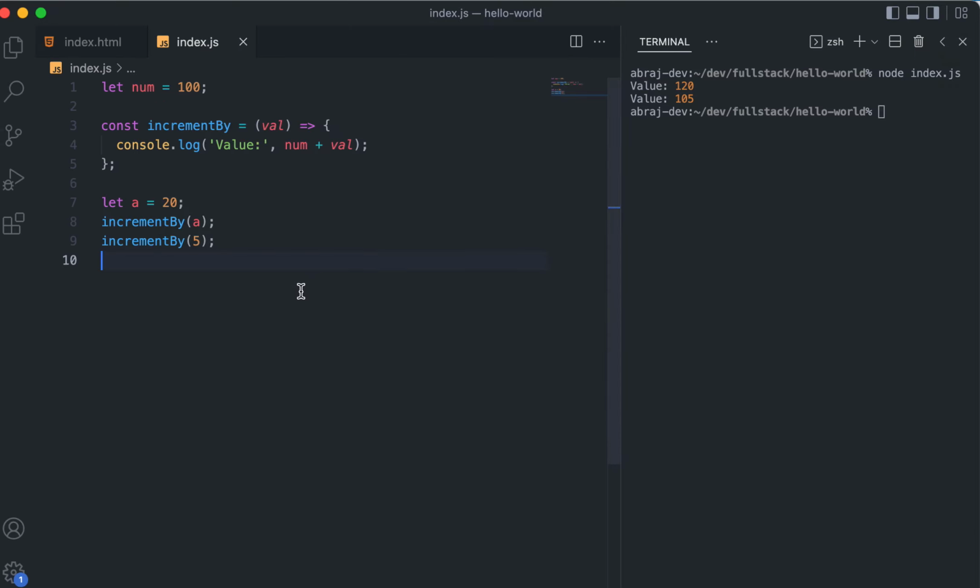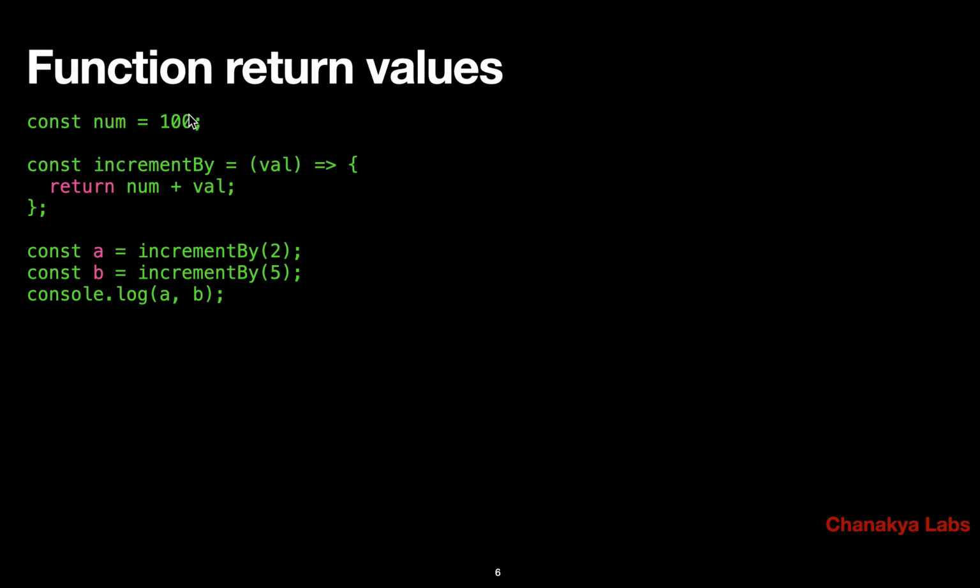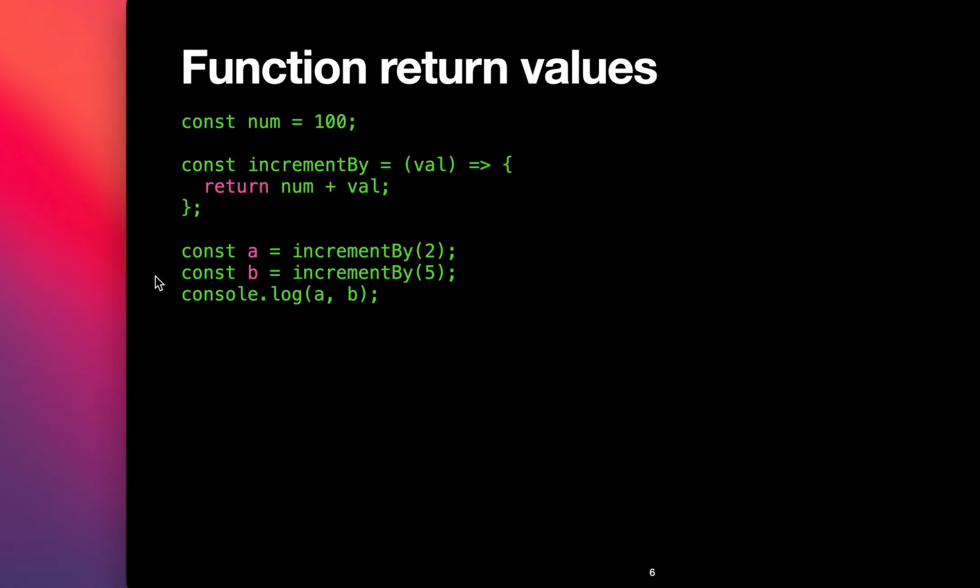Now we will have something called function return values. Now this is important because till now we were seeing something only printing, we are just printing, but actually the power of the function comes by something called return values. So let's say we have something like this, let's say num 100 and then increment by this thing which we saw earlier, but